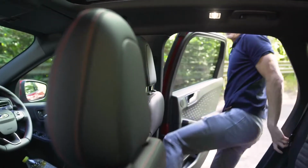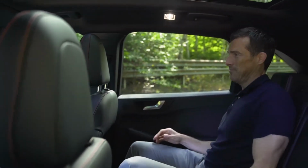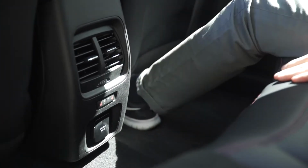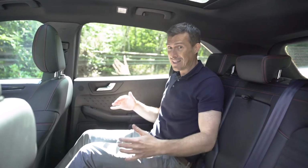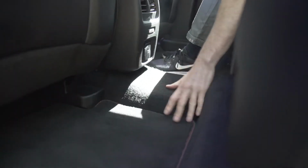Okay, let's try the back. So, oh, there we go. Knee room's really good, and you can stretch your feet out under the seat in front. This car is fitted with a panoramic glass roof, and normally that reduces headspace, but there's still plenty of room above my head, so people over 6 foot will be fine. If you need to carry through it once, there is a small hump in the floor, but it's nothing, it